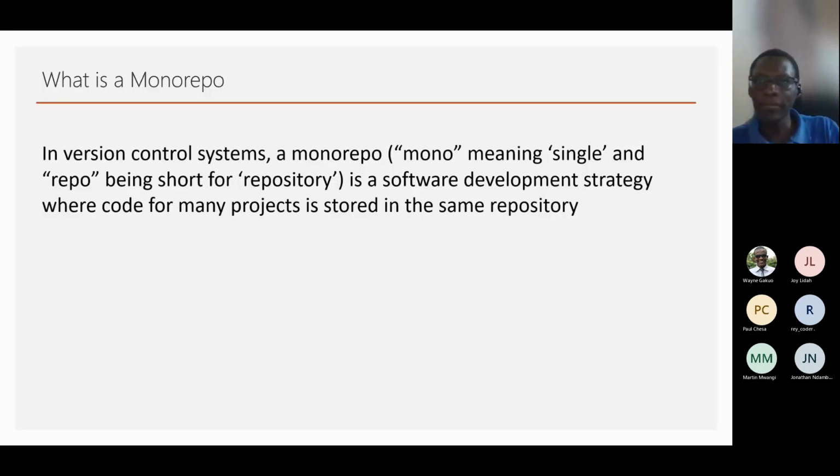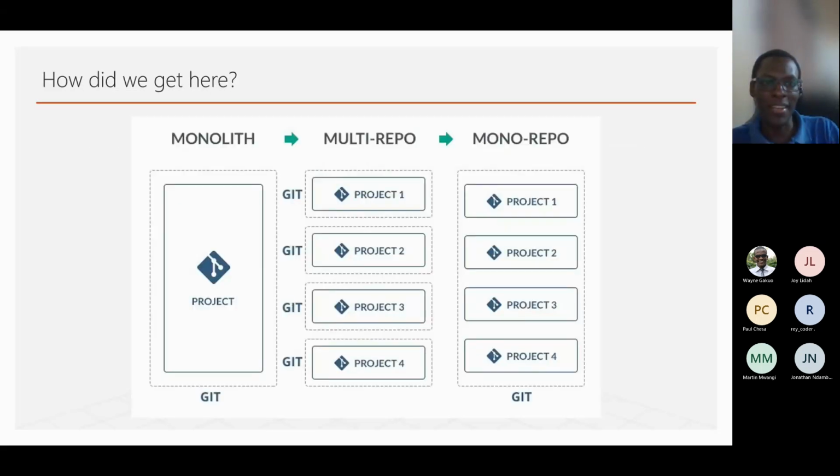Many companies will employ this at different levels in different patterns, but as monorepos have continued to evolve, we have seen tooling come up to help ease development using monorepos. And if we take a step back, most of us, this is where we started. We started with monoliths, and